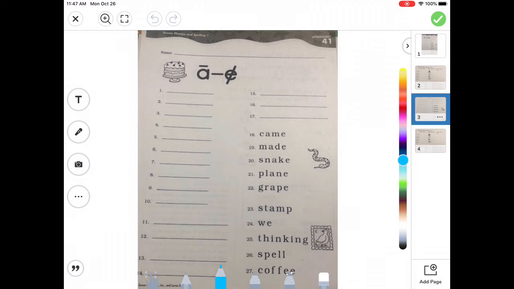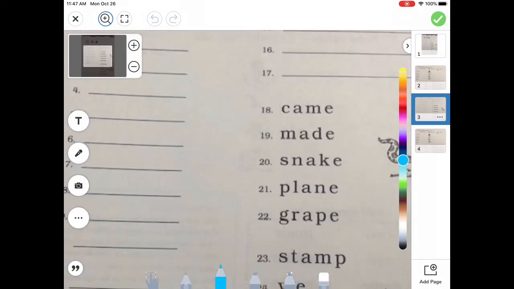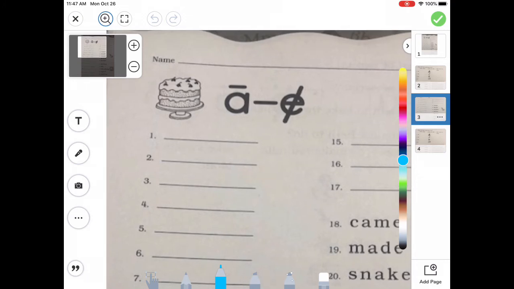All right, guys, we're ready to start our activity sheet for lesson 41, which, remember, we talked about that A consonant E, or CVCE pattern today, okay? So the first thing we're going to do is listen for some sounds, and you're going to tell me how you can spell those sounds. Because remember, sometimes we have more than one way to make a sound. So if I make the sound,